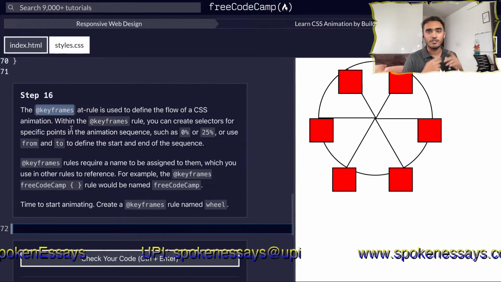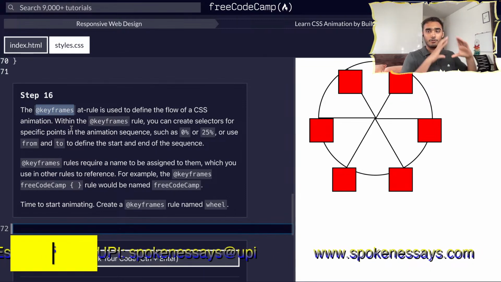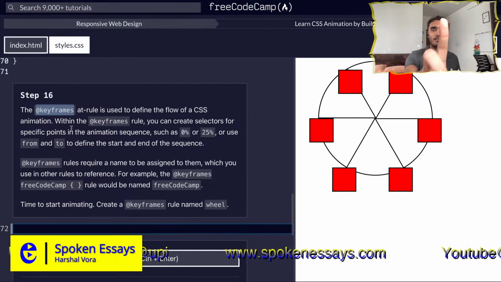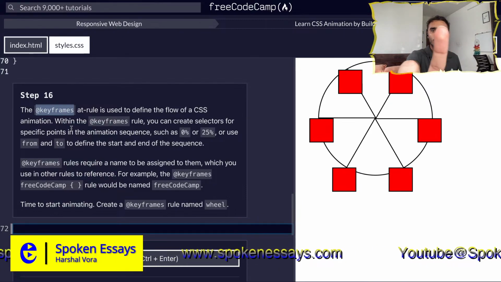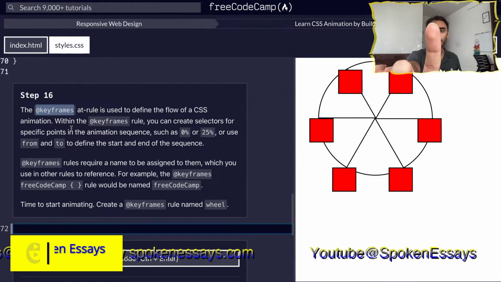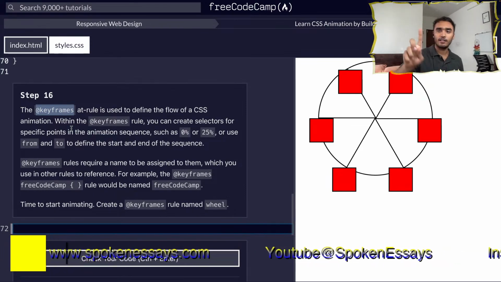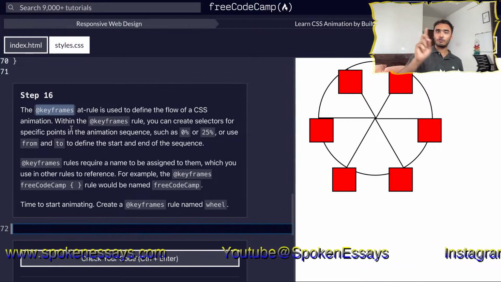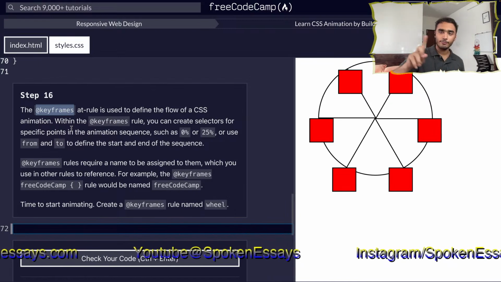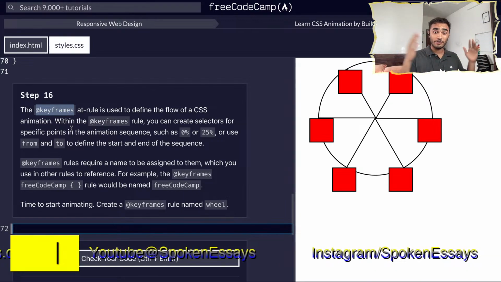Let's say the first keyframe is the position of this. My hand is right now close to the camera. If you think of this as the first keyframe, and if I set the last keyframe to be here, the motion I can say is that from the first keyframe to the last keyframe, whatever the distance, whatever the time that is,